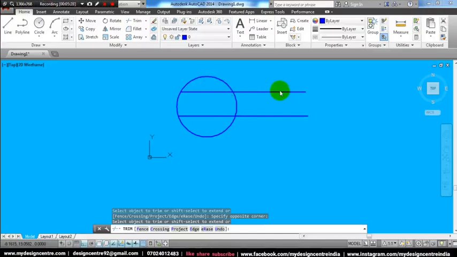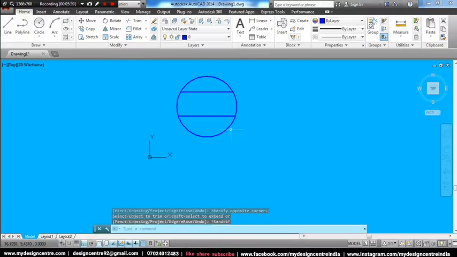Now click over this line, you can see it can be trimmed out by using this circle. Okay, if I want to trim this also, then what can we do? We cannot trim it currently. First we have to come out from the tool, type TR and enter, and you can read here, it is written select all. To activate all the objects as cutting edges, you have to click select all, means click enter.